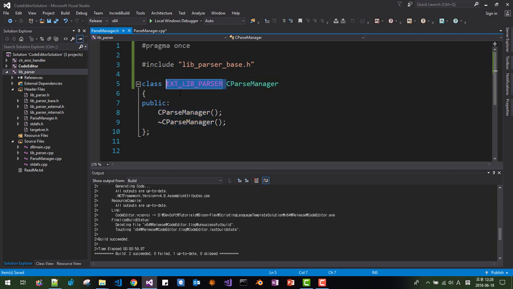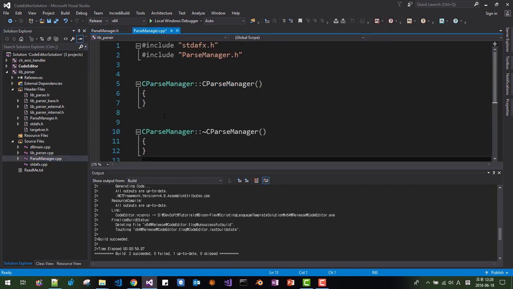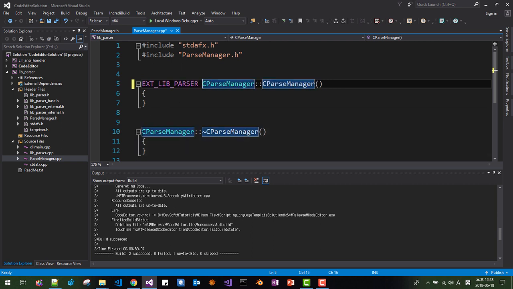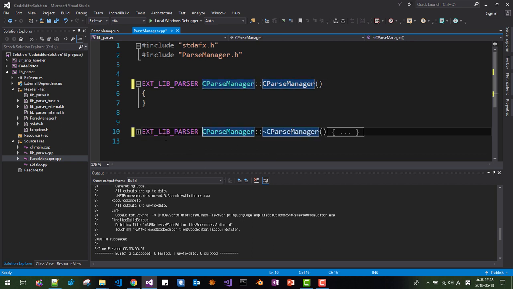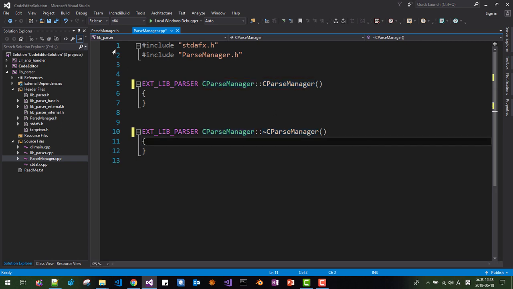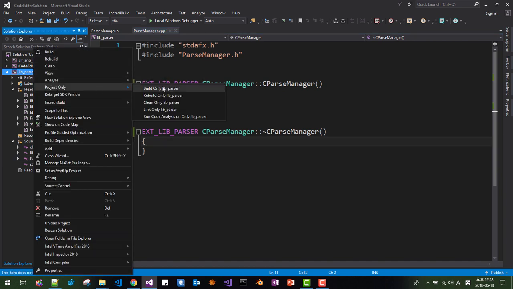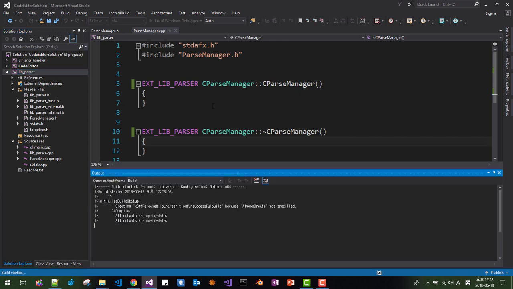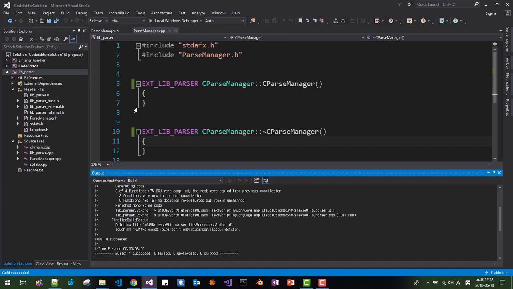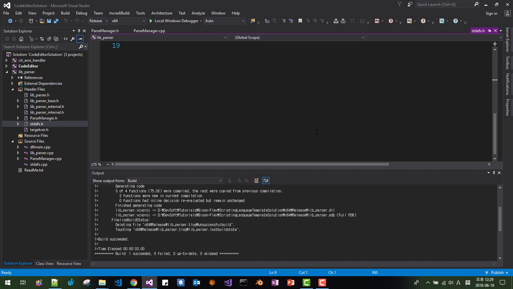Then copy here, append it, prefix it like this. So far so good. Save it and build the parser. Okay, it succeeds. And in stdafx here,